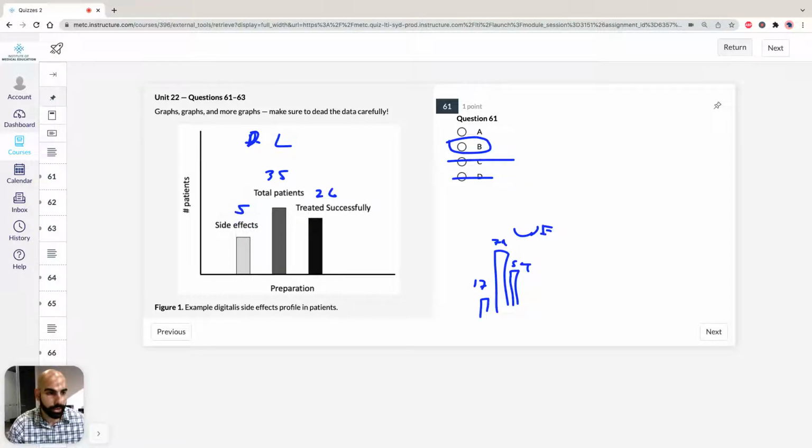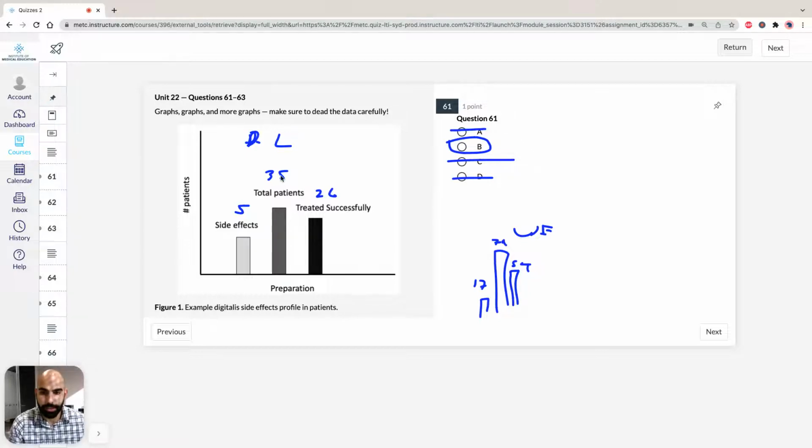So yes, you could say, well, the percentage of patients with side effects was about a third. That is true. It was about a third. But again, remember, what is the endpoint of this experiment? It wasn't the side effects. They throw you off in the stimulus where they say, unfortunately, digitalis extracts can produce side effects. But that's not why we're doing this experiment. We're doing this experiment to find which formulation gives the best formulation for treating the heart problem most efficiently. So that's why, again, A is incorrect,